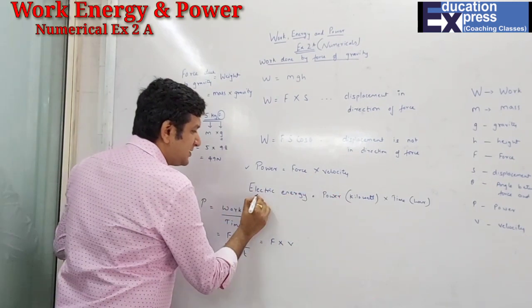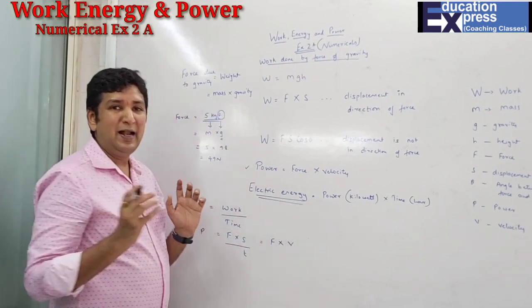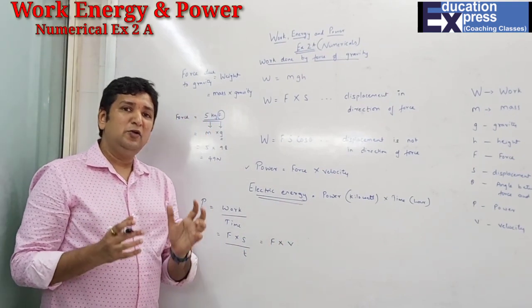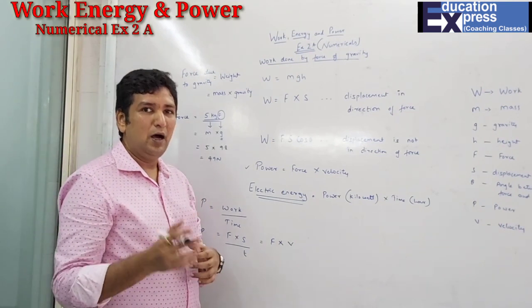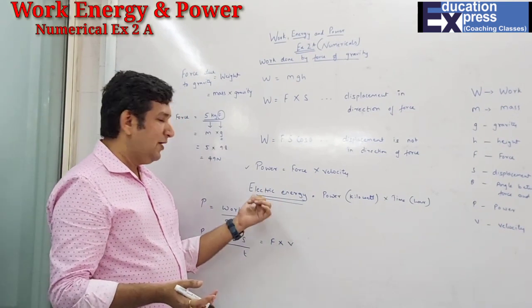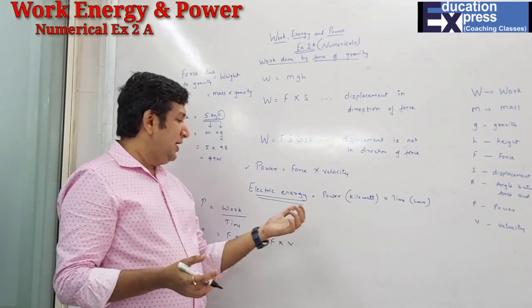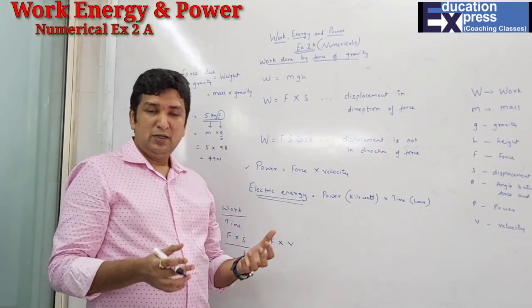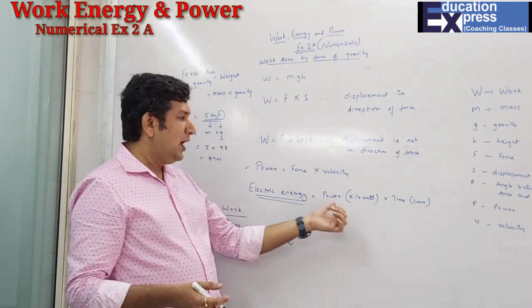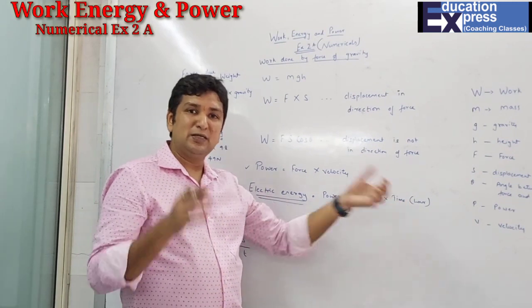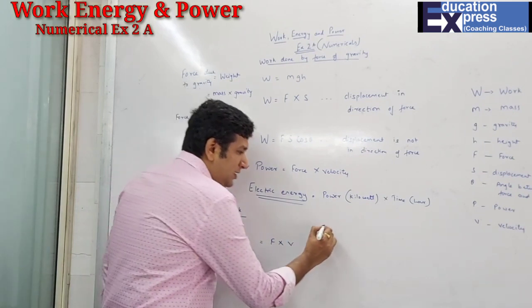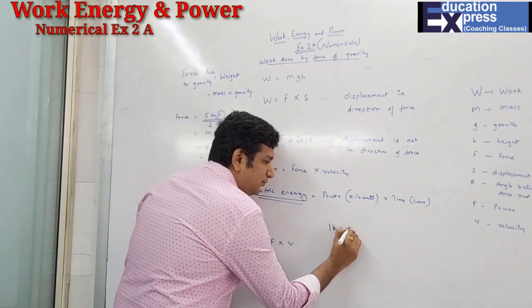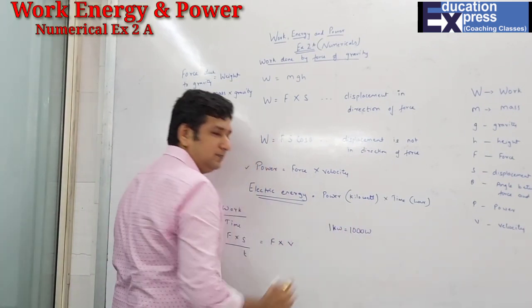Now this is exclusively when they use the word electric energy. Whenever they use the word electric energy, the commercial unit for electric energy is kilowatt hour or watt hour. So whenever in our numerical problem they have used electric energy, we have to use power in kilowatt and time in hour, since power has to be in kilowatt and time has to be in hour. Always remember students that 1 kilowatt is 1000 watt.